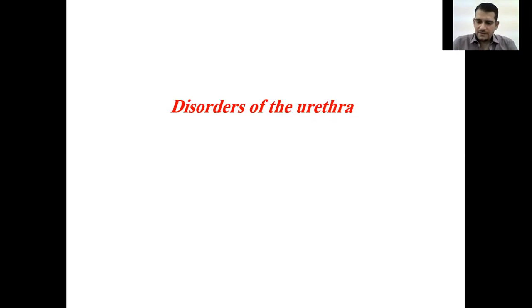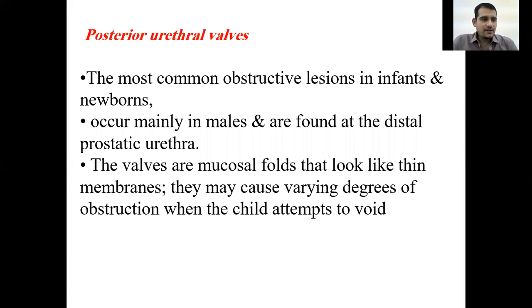Now we will cover the congenital disorders and acquired disorders of the urethra. The first one is the posterior urethral valve. It is one of the common diseases that involve the male urethra. So when we say posterior urethral valve, it means a male disorder. The most common obstructive lesion in infants and newborns,